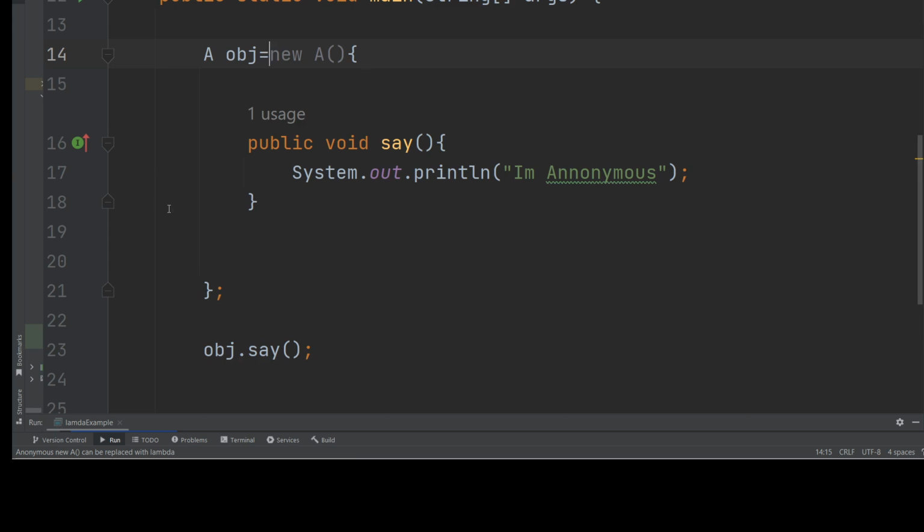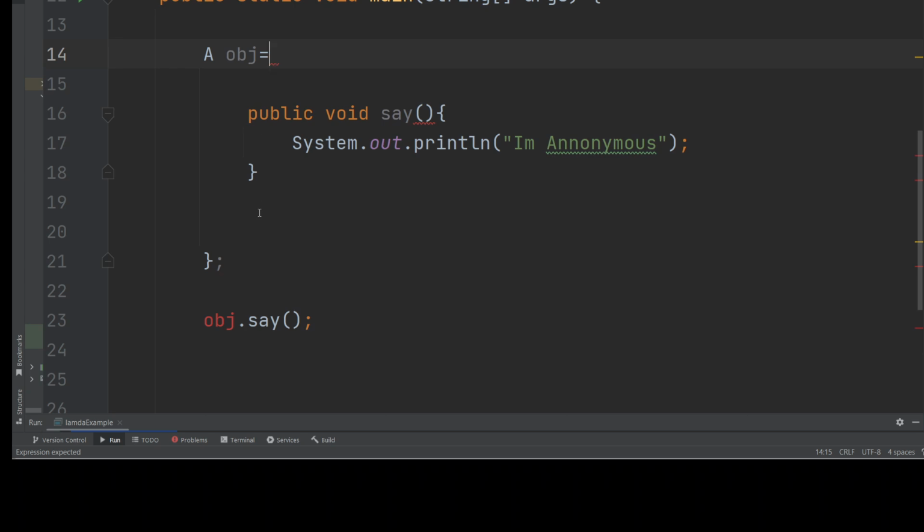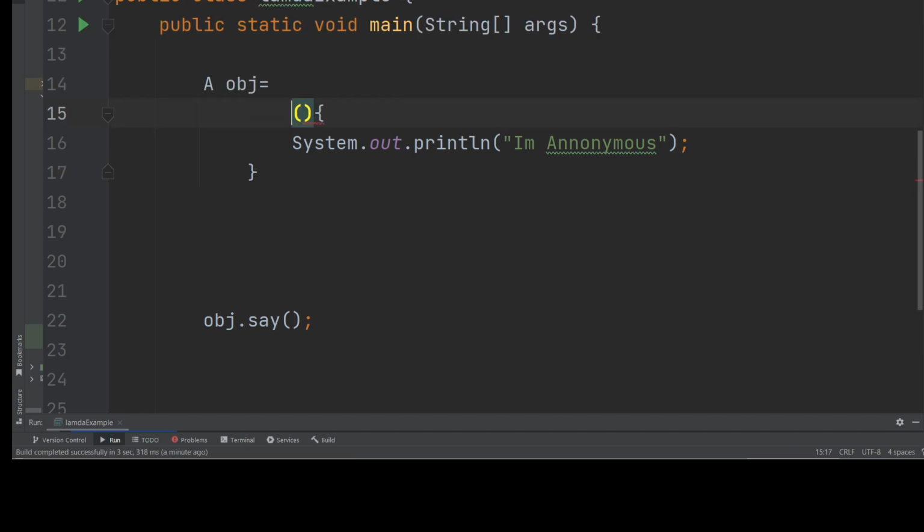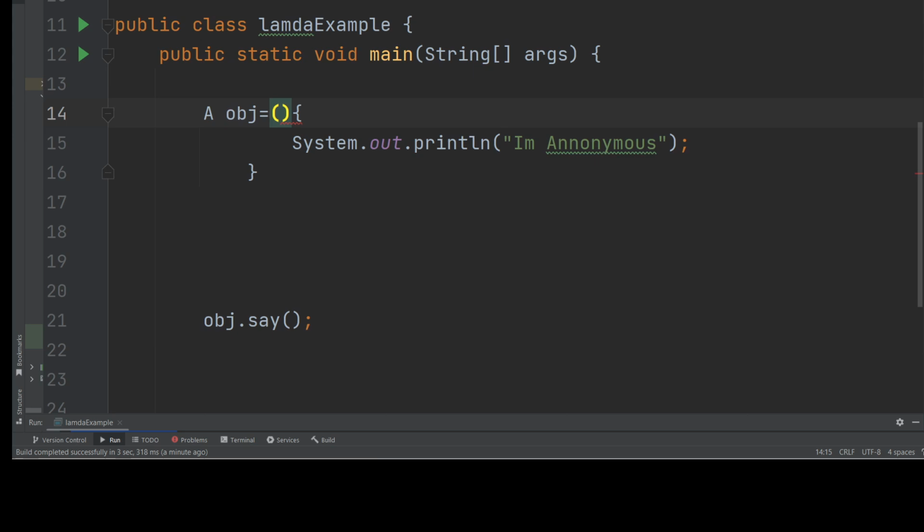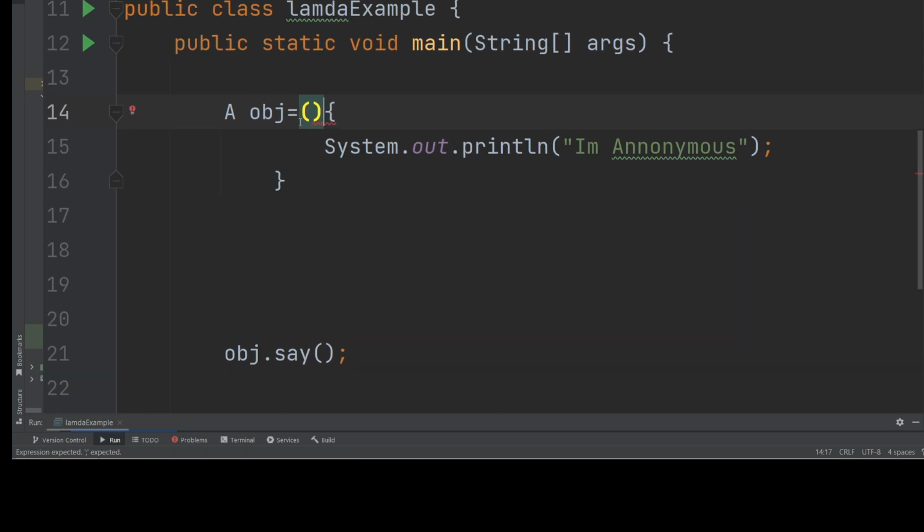Okay, so what we are going to do, first we will have opening brace and closing brace of anonymous class. Then just remove this new A bracket, everything. Don't remove equal to. Okay, keep equal to. Down you will have this, just remove public void say, this much, just remove it. Go back, backspace, backspace, come here. After that you will have this much, and you have parenthesis, just put an arrow here and put a semicolon here. Okay, okay guys,